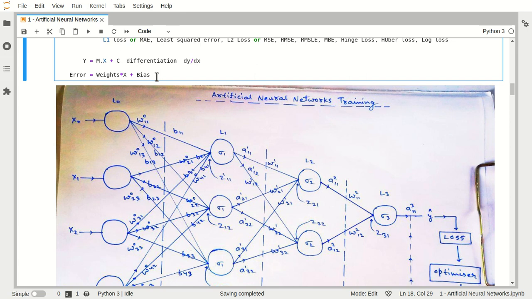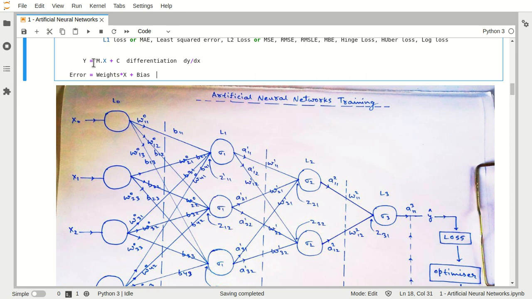So what we will try to do is calculate the differentiation. Differentiation is basically used for calculating the change of one quantity with respect to another quantity.